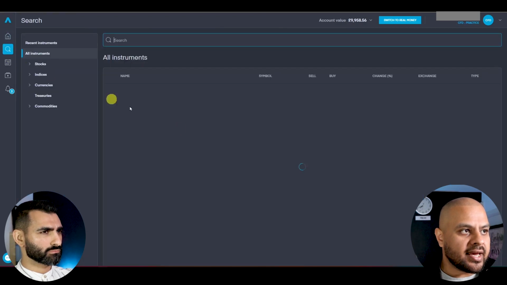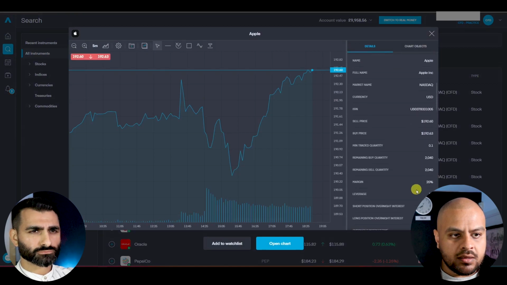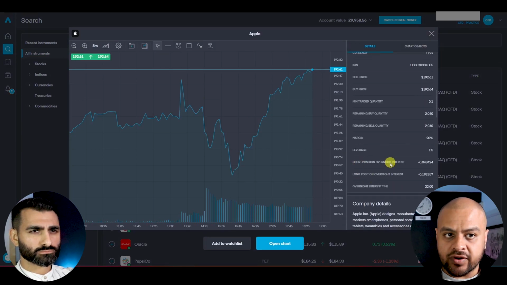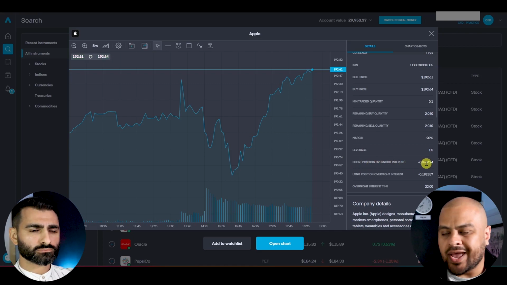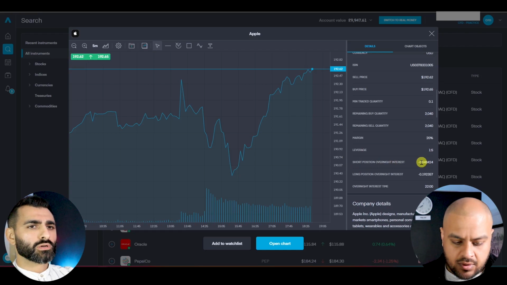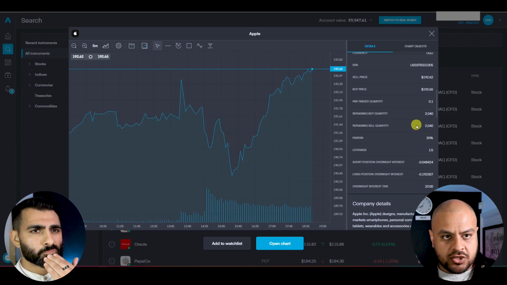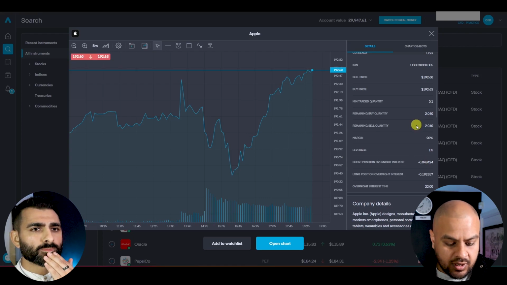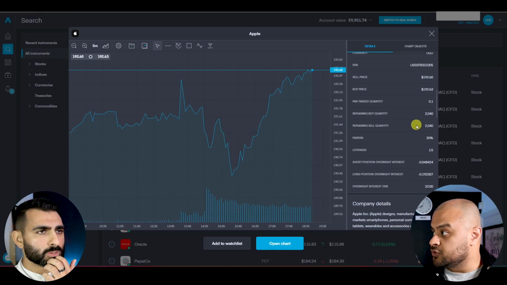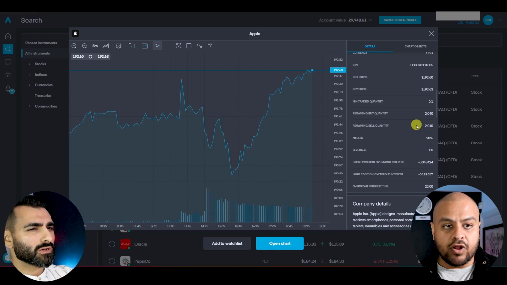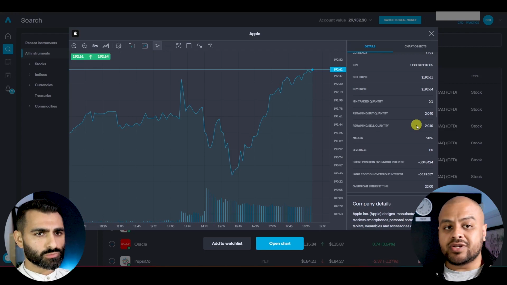So the way you can see that is, if we go back to Apple, it's called short position overnight interest. So if you've gone short, they're going to charge you 0.048 per stock that you bought. For example, if you bought 100 shares of Apple, 0.04, I just round it, that's going to cost you $4 overnight for 100 shares to keep overnight. The long interest, so if you bought it, 0.19 times 100, that's going to cost you $19, 100